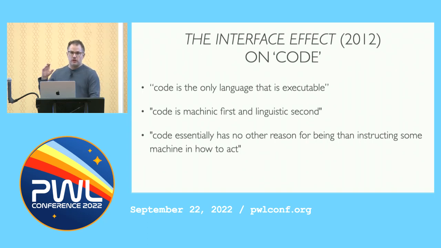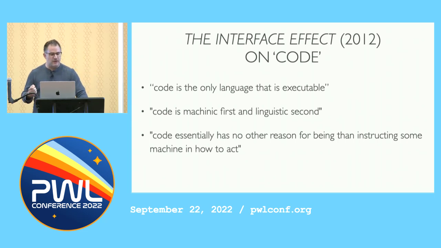And these quotes are sort of built up to over the course of 2 pages. Alexander Galloway, the author, begins with, "Code is the only language that is executable." And, I don't know, arguably the recipes in a cookbook are also executable, but maybe he means unambiguously executable, right? So we'll give him a pass, right?